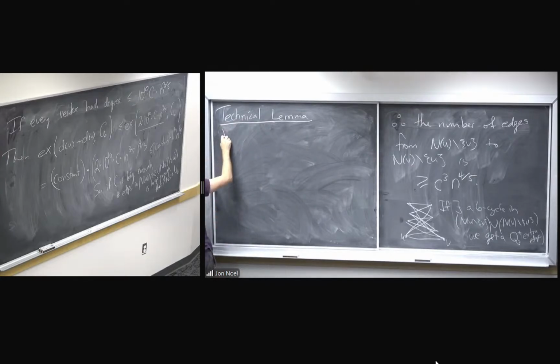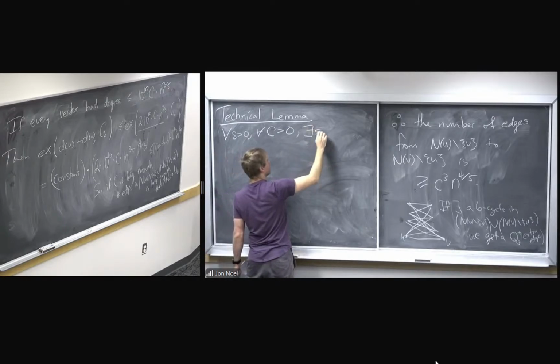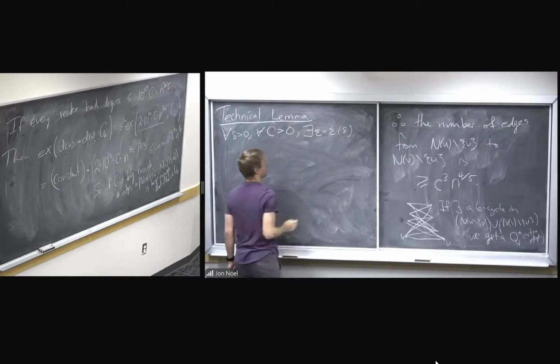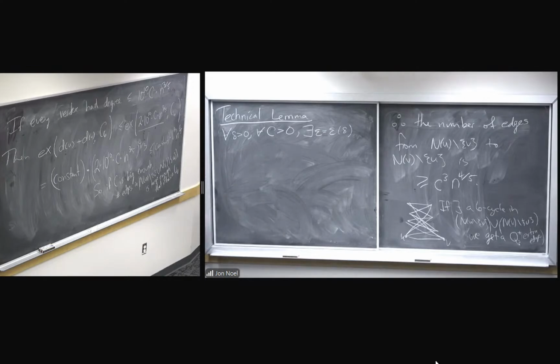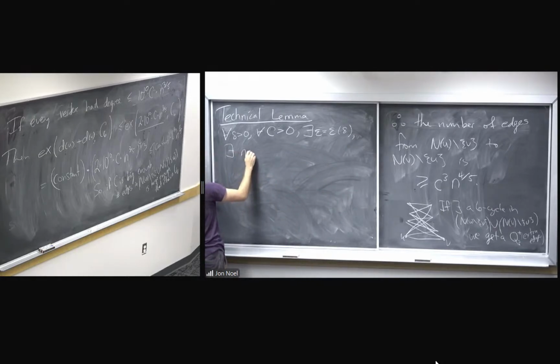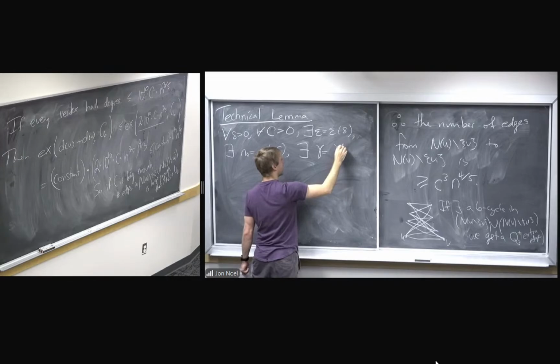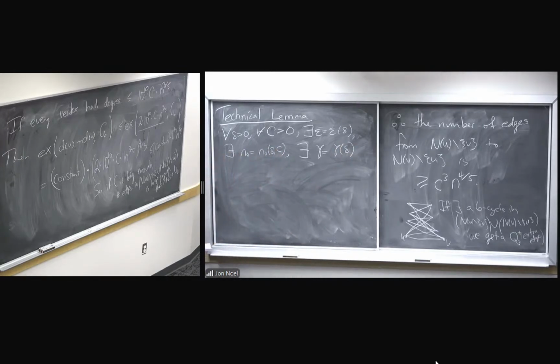Okay, so the lemma says for all delta greater than 0, and for all capital C bigger than 0, there exists an epsilon which depends on delta, and it actually doesn't depend on C. And there exists an n naught, which will depend on delta and C. And there exists a gamma, which depends on delta. So 5 quantifiers here, such that